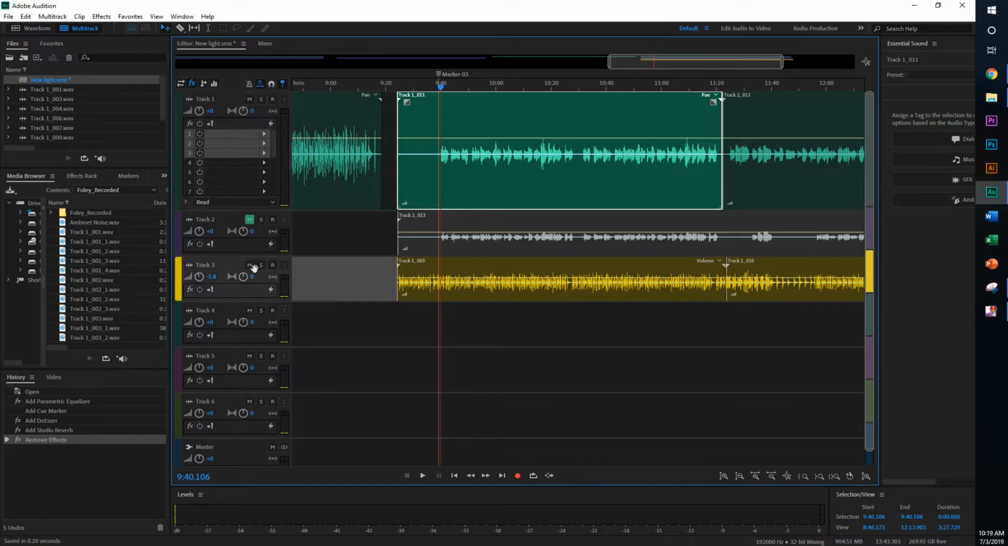So we have our first layer, which if I just solo that right now, the first layer is